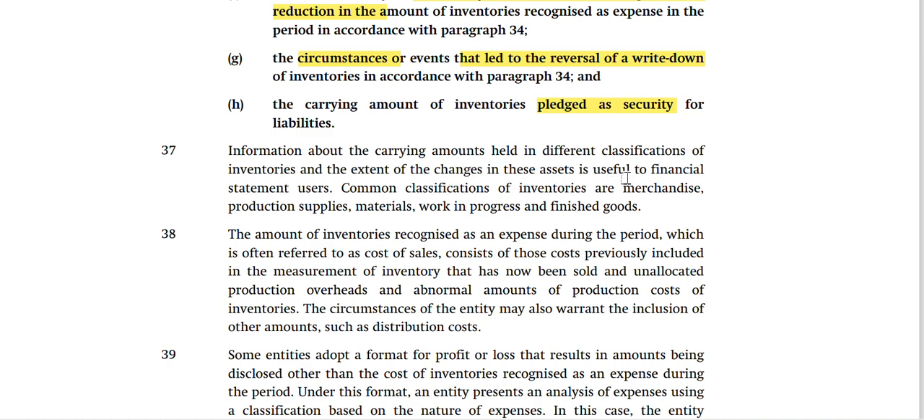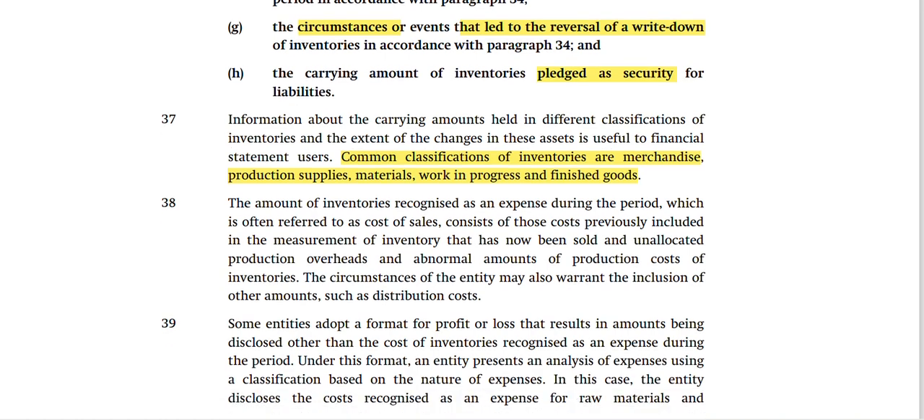of the changes in this asset in use is useful to financial statement users. Common classifications of inventories are merchandise, production supplies, materials, work in progress, and finished goods. So those are the types of classification of inventory. So you'll have merchandise, production supplies, materials, work in progress, as well as the finished goods. So it is very important to also show the classification of the inventory when it comes to the disclosure in